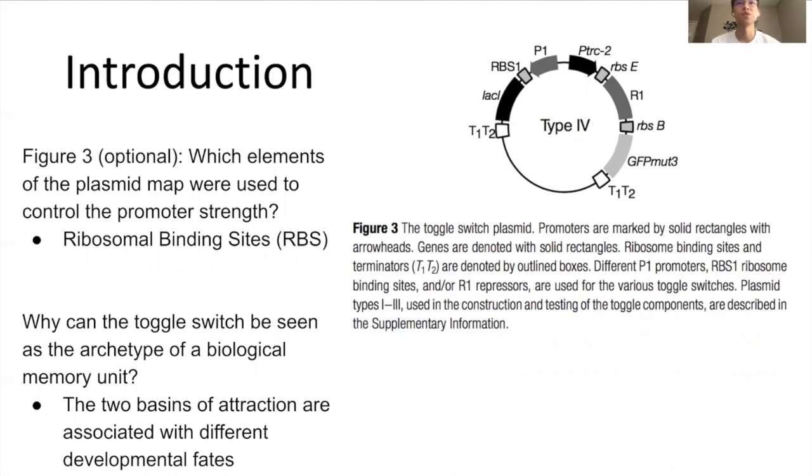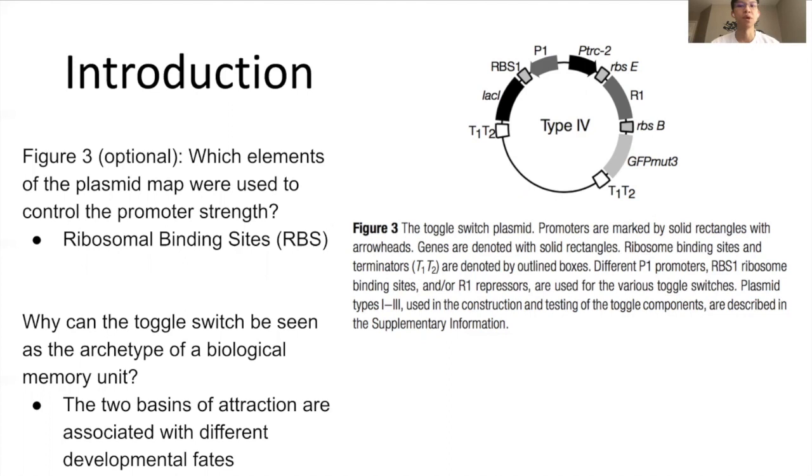My next question is, which elements of the plasmid map were used to control the promoter strength? So they used previously studied well-known promoter and repressor pairs, such as the LAC promoter and repressor, the TET system, and the C1 promoter that can be inactivated with heat. They all have varying degrees of affinity and transcriptional rates. So in order to regulate and equalize the rate of protein production, they had to implement new ribosomal binding sites